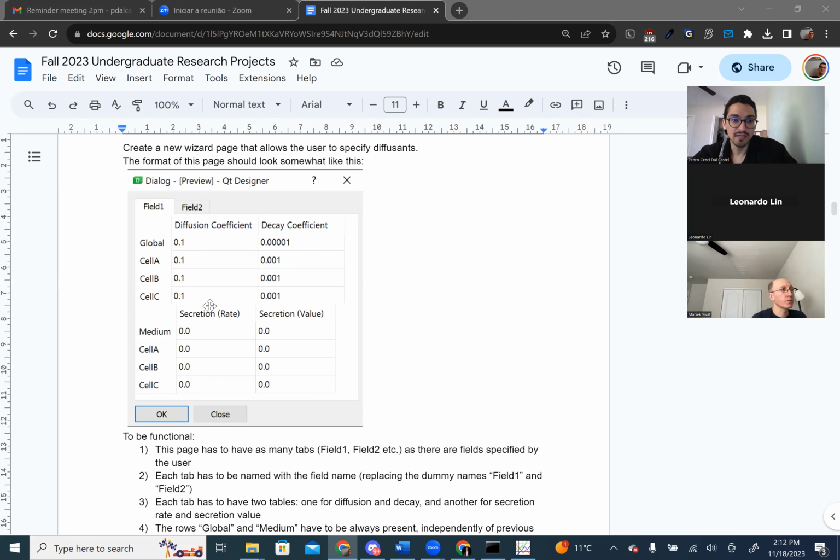And you can also set secretion rates for different kinds of cells. This is how the page would look. Instead of OK and close buttons, you will have previous and next, like we usually have in TwoEdit. But the idea is you have one tab for each field that the person